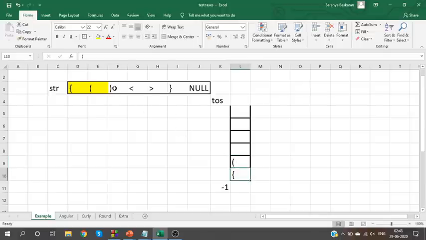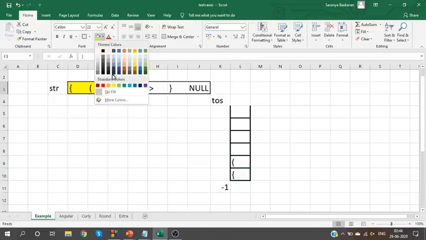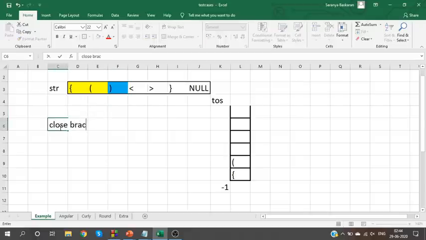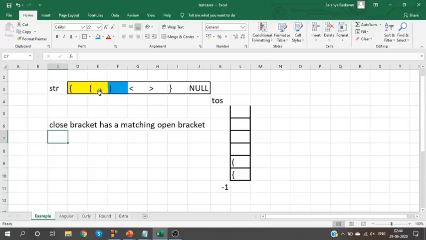Next I see a close bracket. I'm going to differentiate it. When I see a close bracket, you need to know whether the close bracket has a matching open bracket. That's our ultimate aim, right? When I see a close bracket, it should match with someone. Match with which bracket?